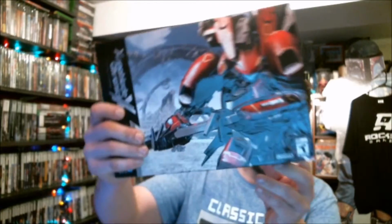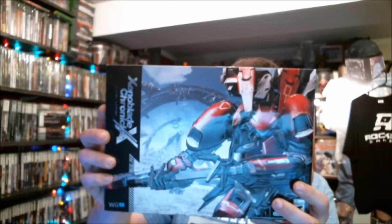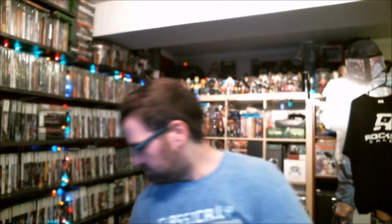One other new release came out last week. I haven't even opened it up yet. That is Xenoblade Chronicles X. They call it the special edition, but it's been referred to as the collector's edition. It comes with a 5x7 matted art card, obviously a copy of the game, 100 plus page art book, and then the digital soundtrack on a USB drive right there. I'll show you that. Haven't cracked into it yet, as I'm deep into Fallout 4, but I originally